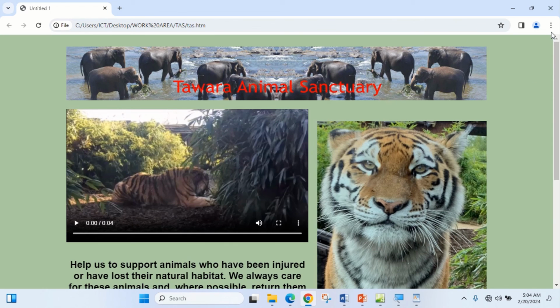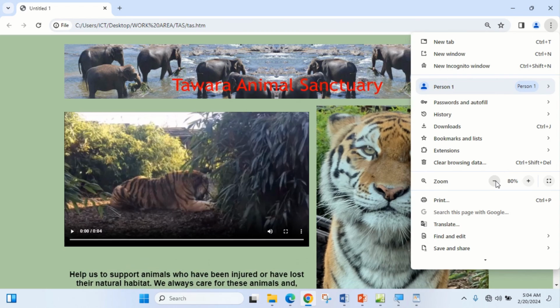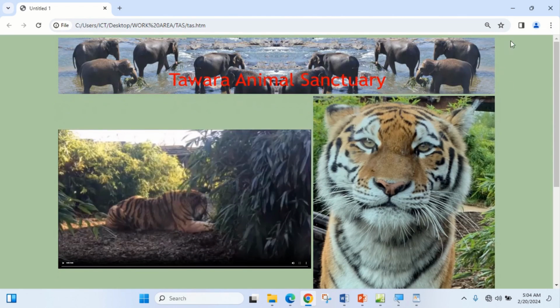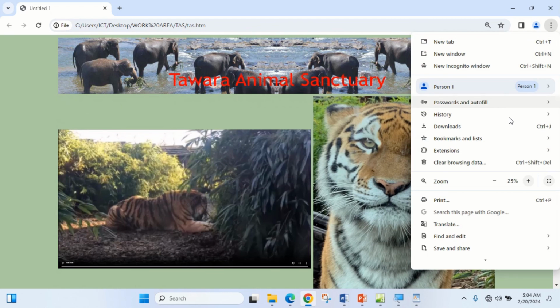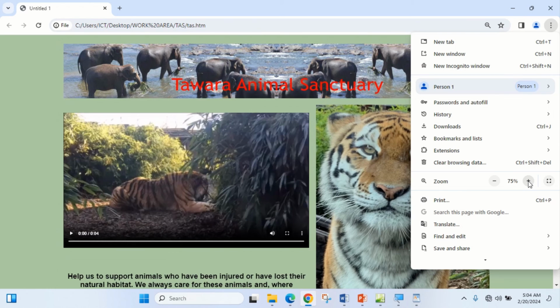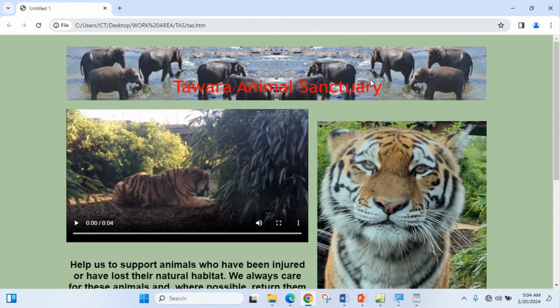So to take the screenshots, let me try to zoom to see if everything can show on it. Oh, everything cannot show at once. So the best thing you do is make sure that it is at 100% zoom, so that you'll be able to take it. Good, you have it. So I'm going to take it now. So then I take the screenshots